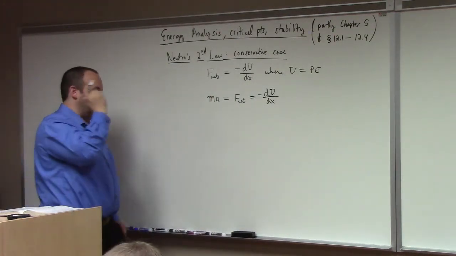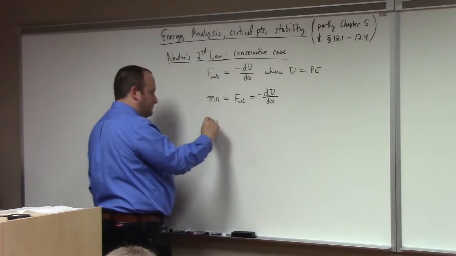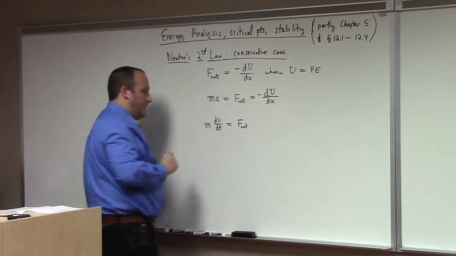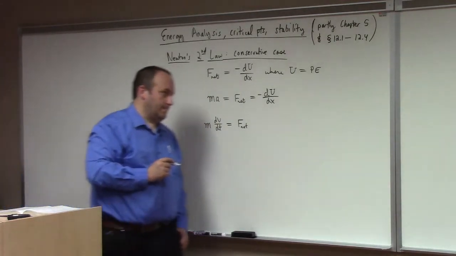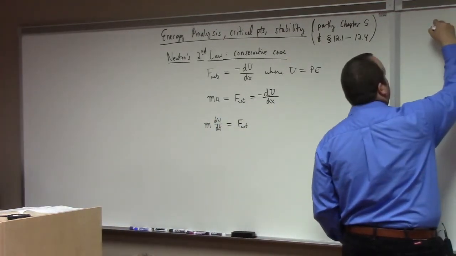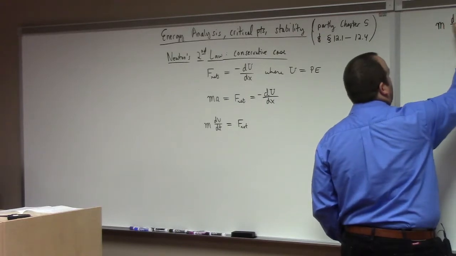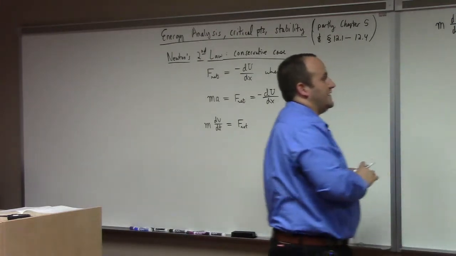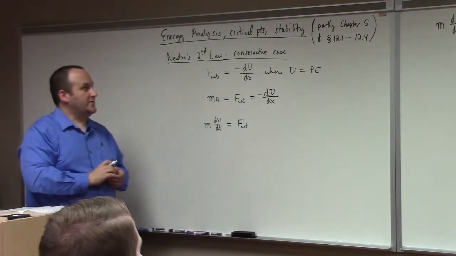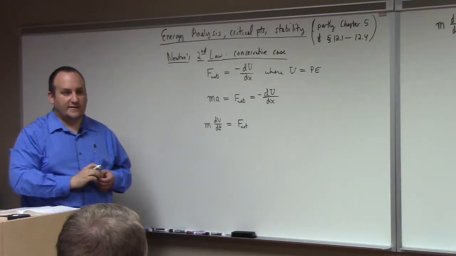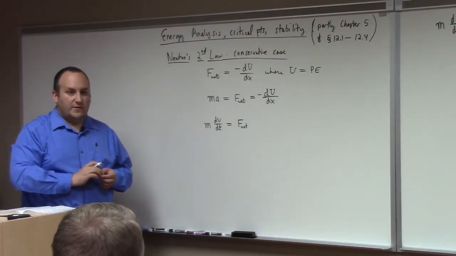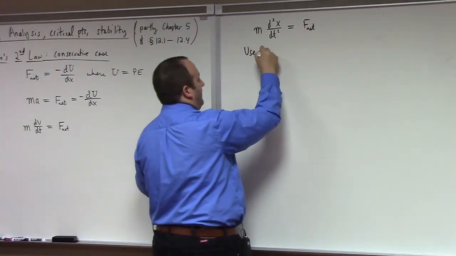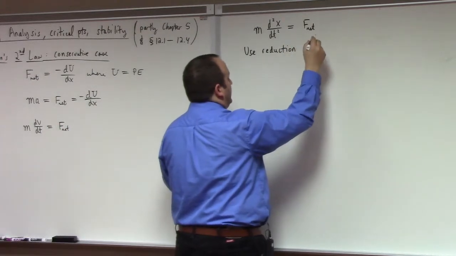All right. Let's see here. More to the point, we have that m dv dt is equal to the net force. Of course, what that really is, m d squared x dt squared equals the net force, right? Now that's a second order differential equation. So if we're trying to visualize it in terms of the sort of pictures I was looking at the end of last class, that's not going to quite work for us, right? But we introduced something called the Poincare plane, where we look at position versus velocity, sometimes called the phase plane. And so what we do is use reduction of order to change this to a system of two first-order differential equations that have a lot of physical meaning,